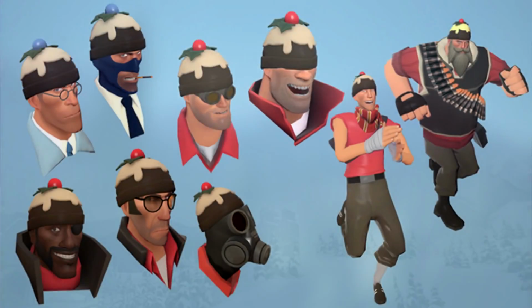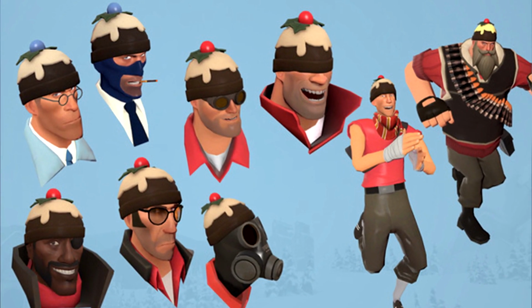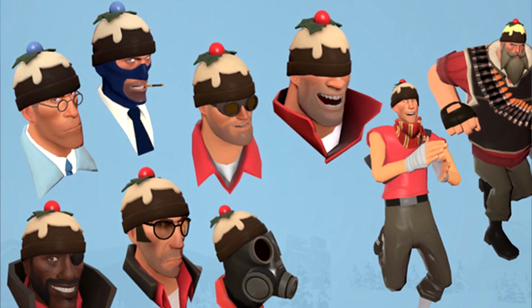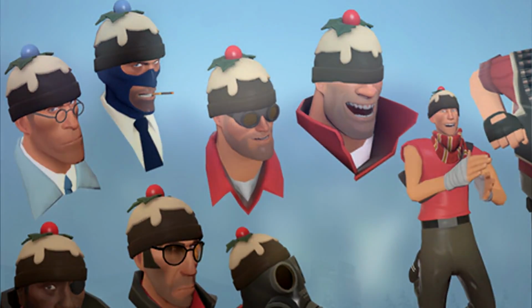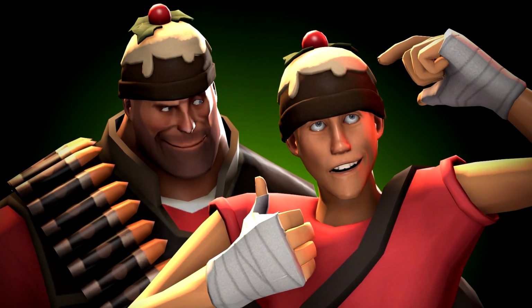Okay, and so for the third and final cosmetic that we're going to be looking into this week, it's actually called the Puddinghead, which is quite a silly cosmetic, but when you really think about it, it's really original, and not too many cosmetics have a food theme, unlike a lot of the weapons. So I could really see a lot of friendly classes like Hoovies wearing this hat,